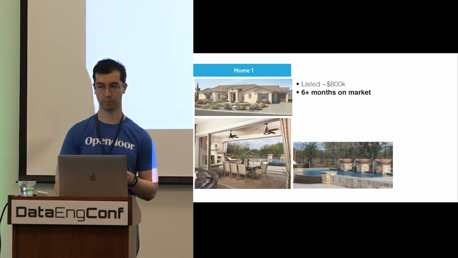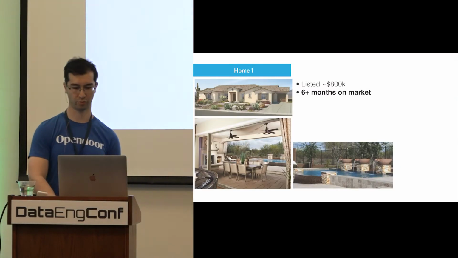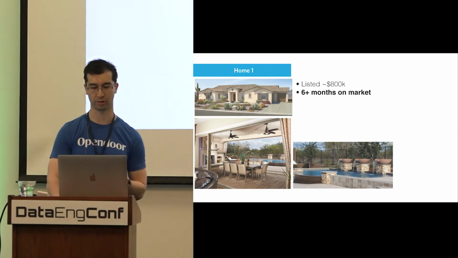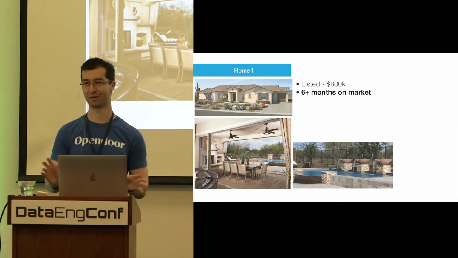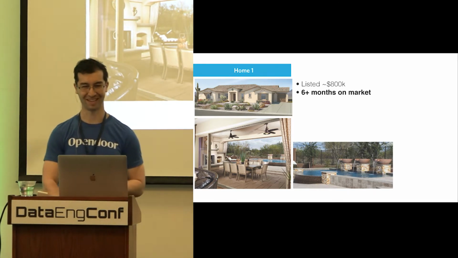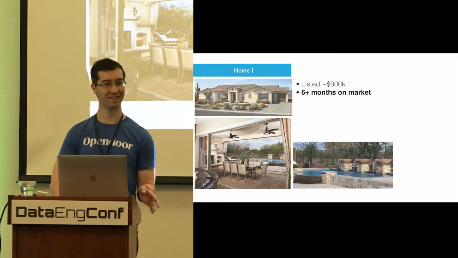There's one home here that looks really nice and fancy. It has some desert landscaping. If you look inside, there's a solarium with a view of the pool, and like a gorgeous pool. There's fountains and other water features, and it's like Mar-a-Lago or something like that. So unsurprisingly, it's at a higher price point.